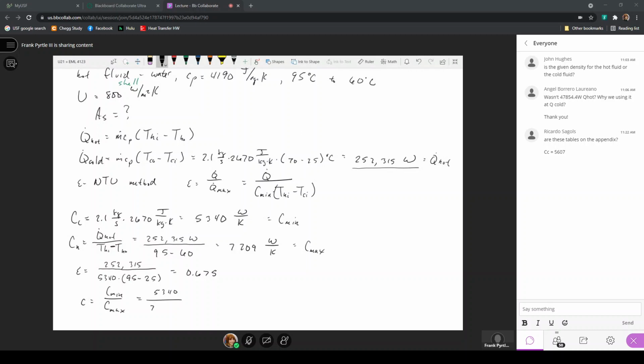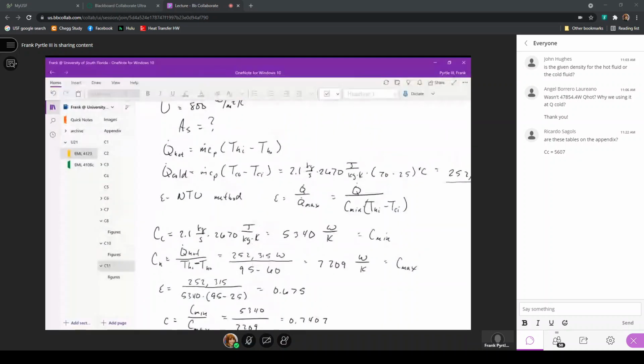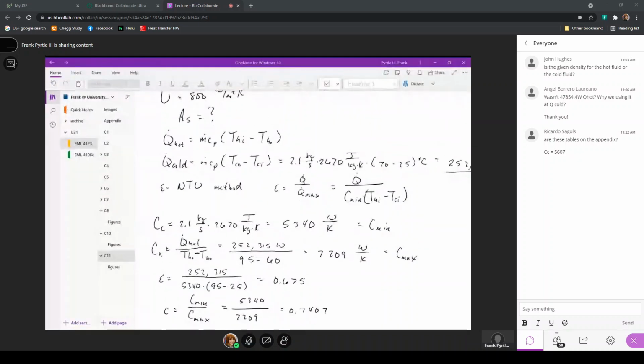The maximum is 7,209. So here, 5,340 divided by 7,209, and this is 0.7407. So with these two quantities, we can write the expression that will allow us to solve for that surface area,